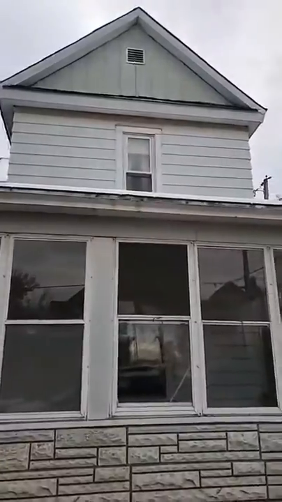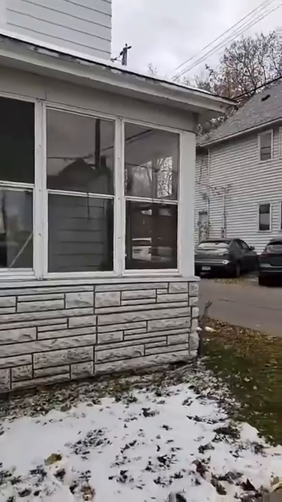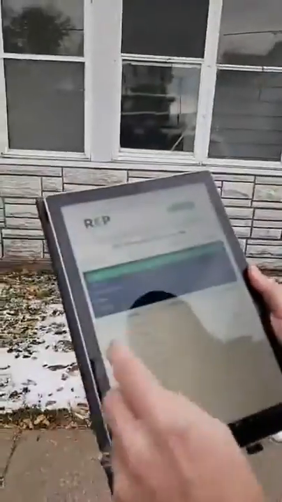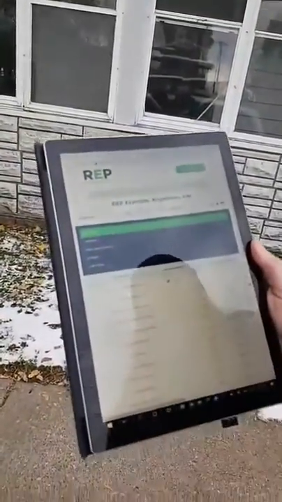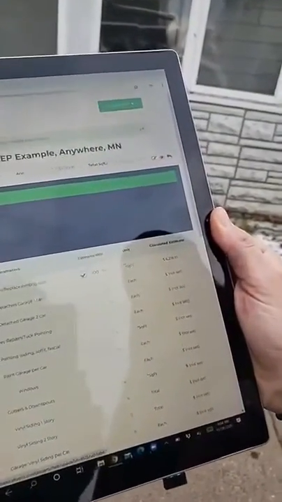So we're going to start with the exterior of this house. Hannah, if you want to come this way, if you want to just give an example of this. This is a 2-bedroom, 1-bathroom house that was built in 1900. There's 1,128 square feet. I know there's snow on the roof, but I did see it the other day when I stopped by here to turn on the heat and also shut off the water, and the roof does need to be replaced. Literally what we do, I'm just going to show you this first example right here, is I just punch this button and it's 100%, and it shows you exactly what the calculated estimate is going to be, which is